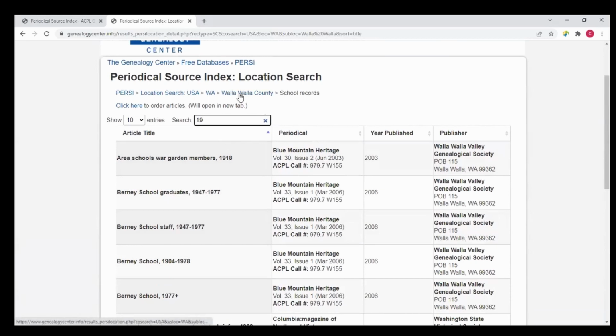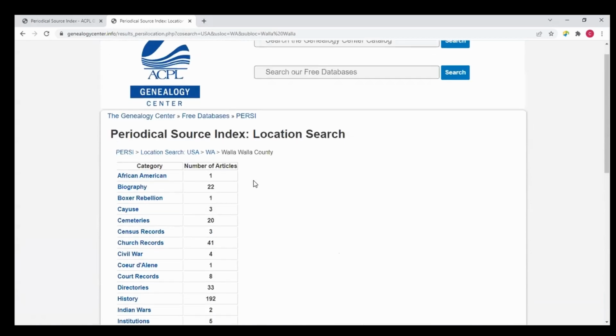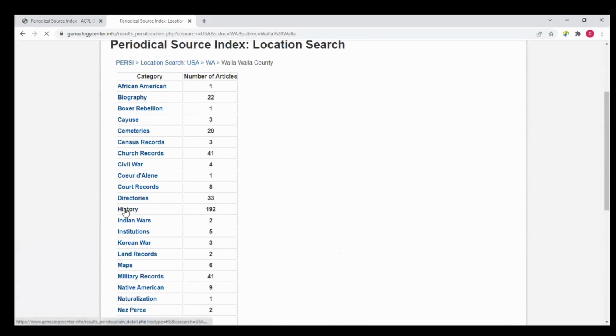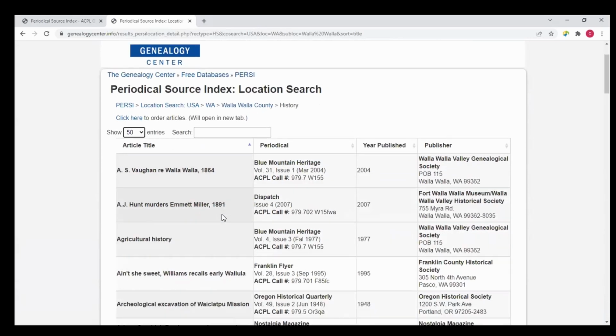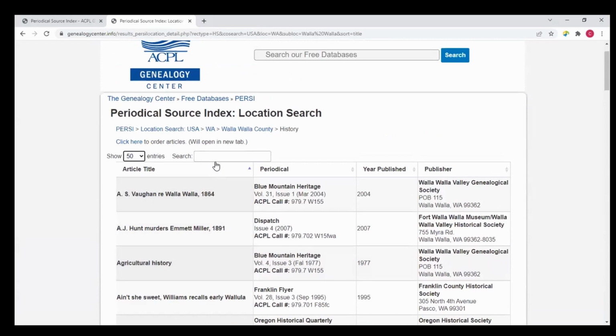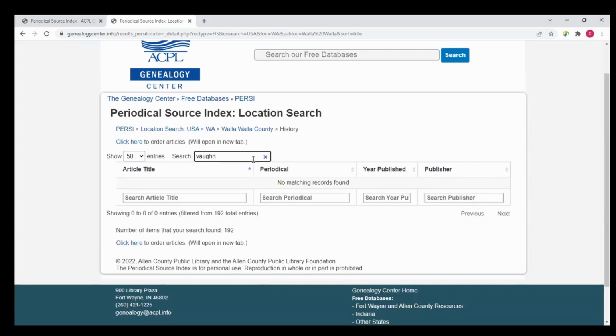Let's go back to our wonderful Walla Walla, Washington, and let's take a large search result, history. 192 search results. And let's say we want to look at 50 at a time, and we put in 50. And maybe we're going to look for if there's any more Vaughns in here without us having to scroll through all of those.